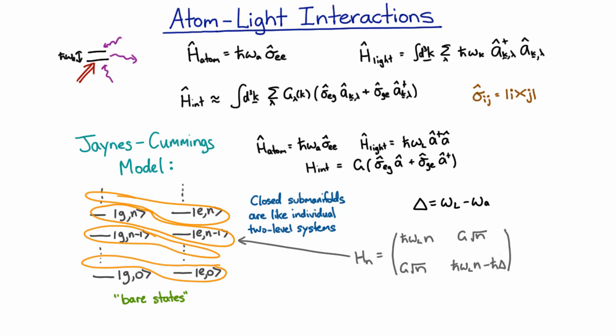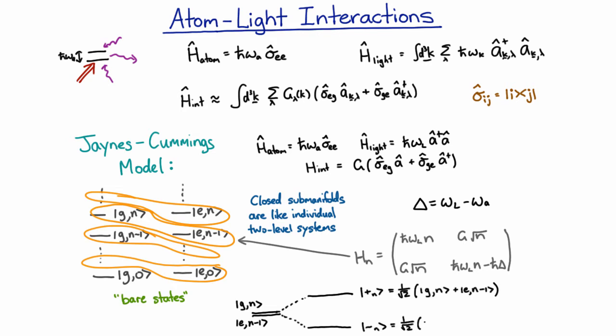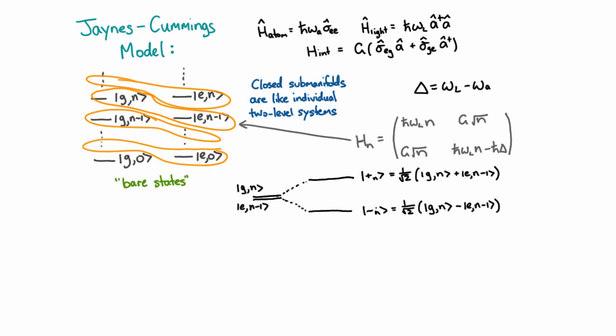And we can rewrite the Hamiltonian in terms of that. And you can see that that Hamiltonian is, of course, diagonal when you're on resonance. Resonance is when this detuning is 0. And that's when these two bare states start off with exactly the same energy. And in that case, the energy splits when you turn on the interaction, and you end up with two states that we'll call the dressed states. This is to compare with the bare states,